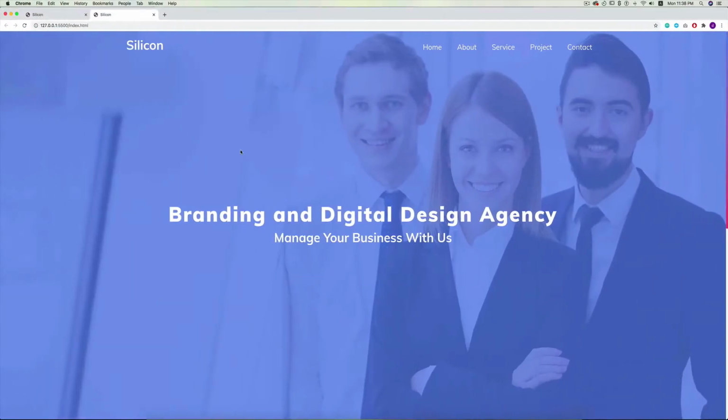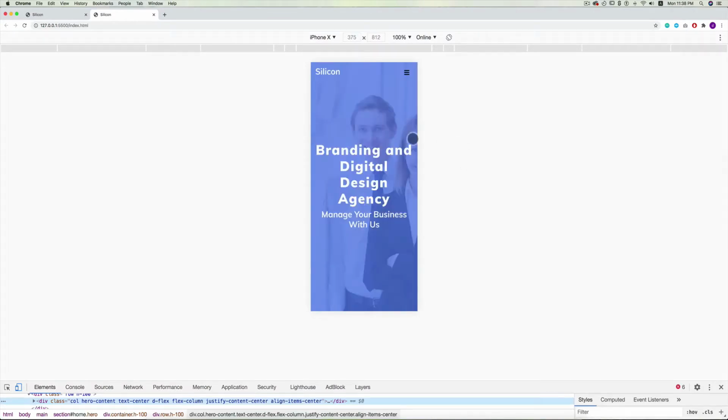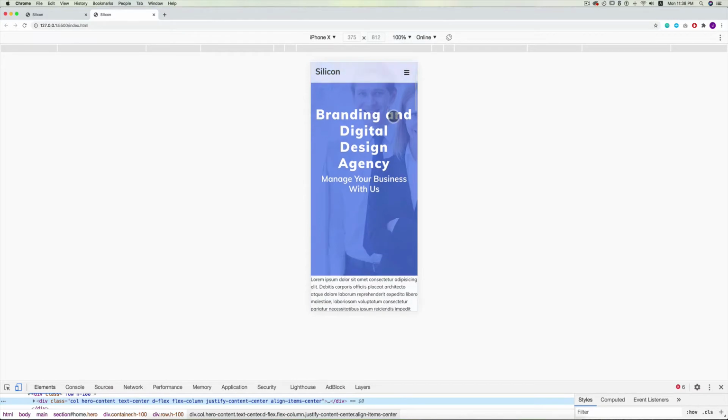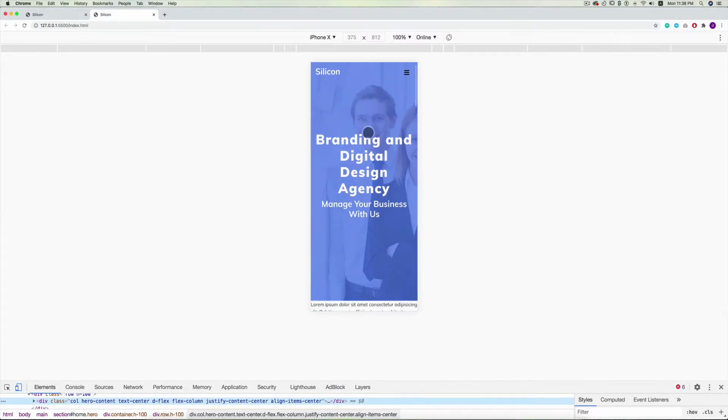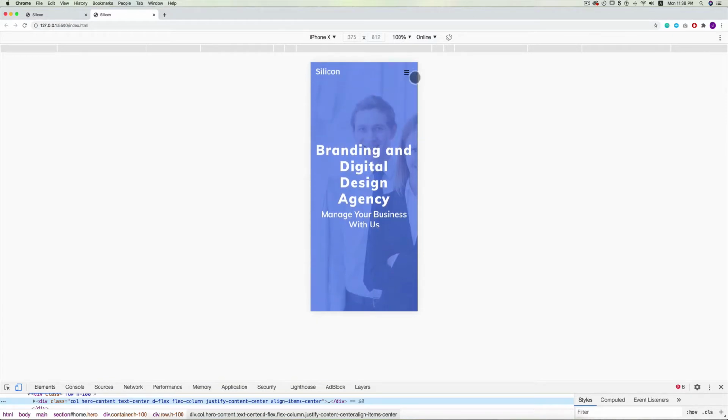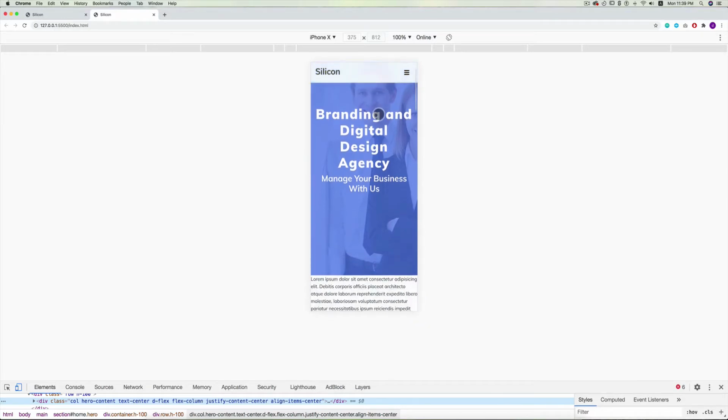So here one more thing we need to do. If I inspect this page, as you can see, we have this hamburger icon in black. When I scroll down, it is fine, but in its original state it is not looking good. I want to change the color. I want the menu to be white. So when the sticky add class is not applied, I want this hamburger icon to be white, and when the sticky add class is applied, I want this to turn to black.